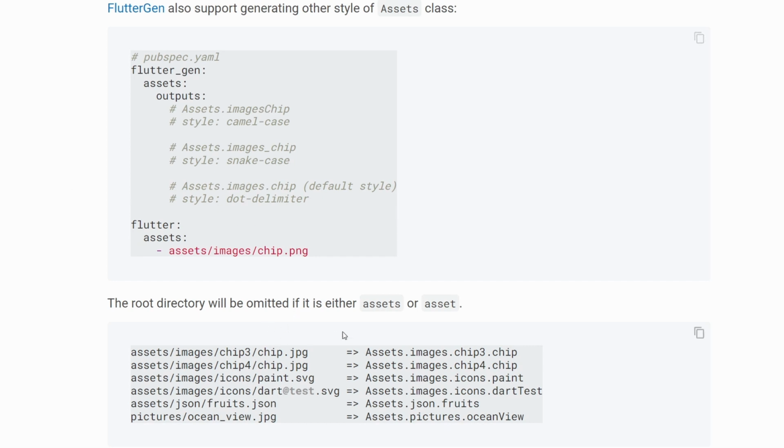So by default, as you could see, we are accessing everything with a dot. So for example, for the assets chip3 chip, we will have assets.images.chip3.chip. But we could also opt into other ways of defining it. So we can say that we want the generated code to be accessible directly from the assets, but we're using